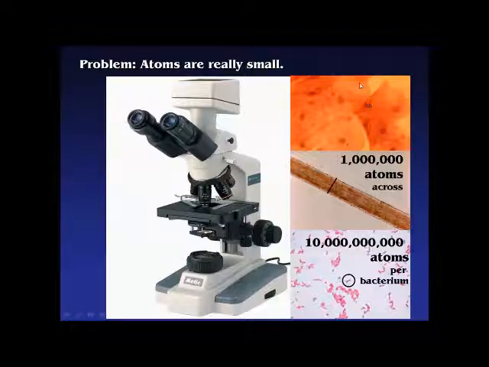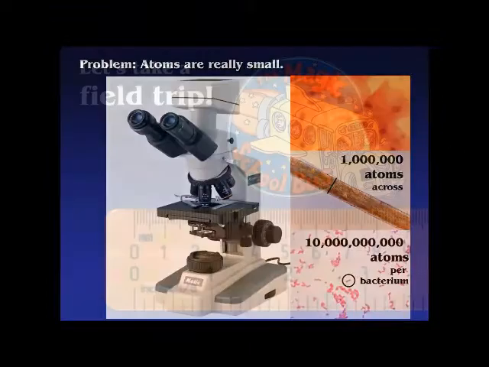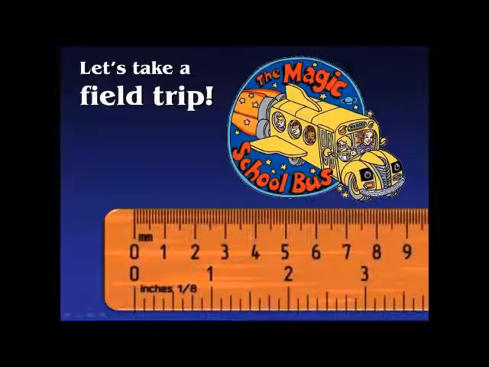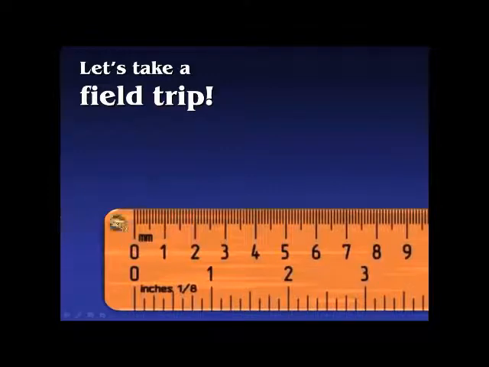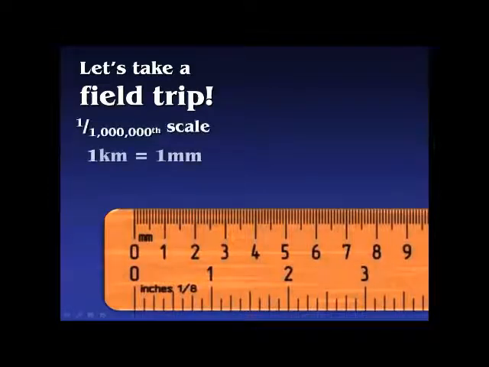And so each of those with 100 trillion atoms or so, yeah, I mean, it's a ridiculous, ridiculous number. If you really want to visualize this, we've got to take a little Magic School Bus journey with Mrs. Frizzle. And if we can shrink ourselves down so small that we can walk up next to the edge of a ruler, we're talking tiny, tiny, tiny, a 1/1,000,000th of our original size, to the point where